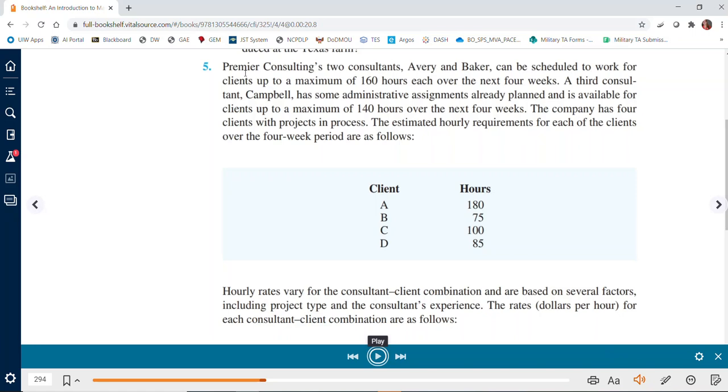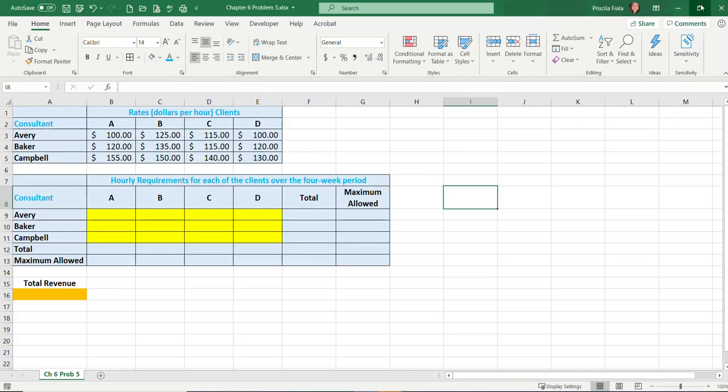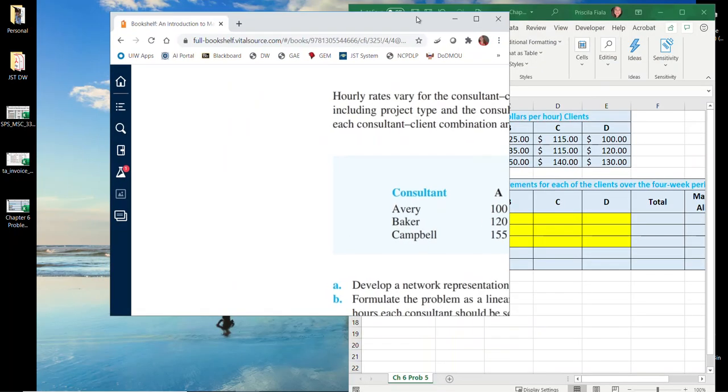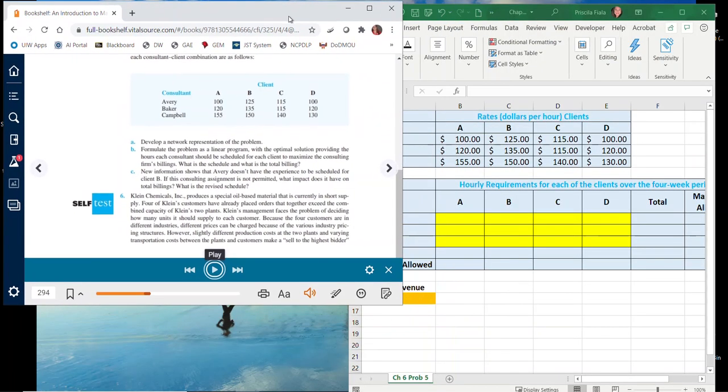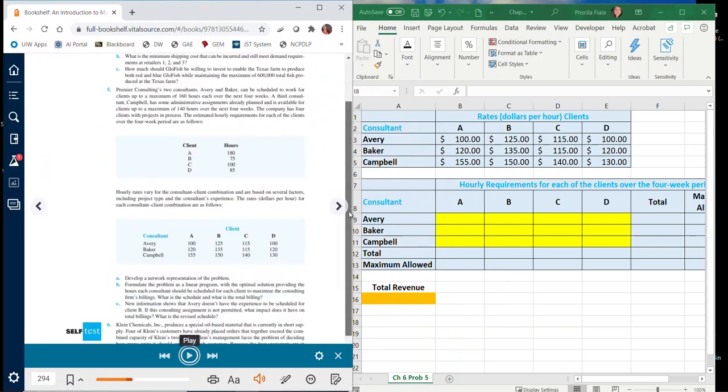So let's read it. Actually, if you notice on question A, it asks us to develop a network representation for the problem, which I have done here in Excel. And I'm going to go over it right now by reading the problem, and we're going to be working on it. So the problem, let me just put it down here. Okay, so the problem reads,